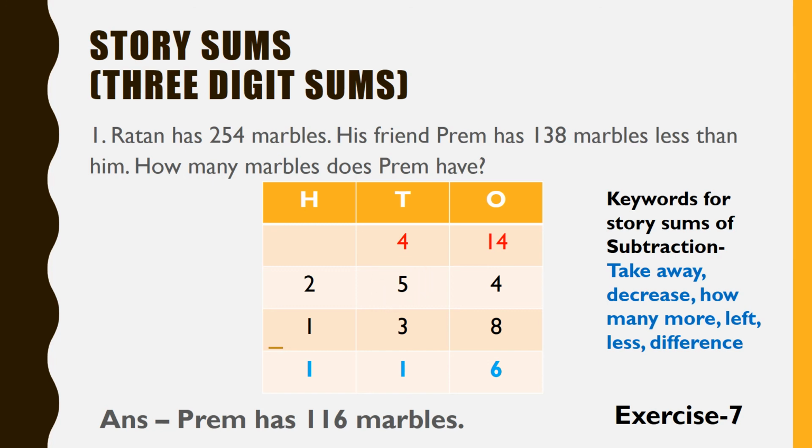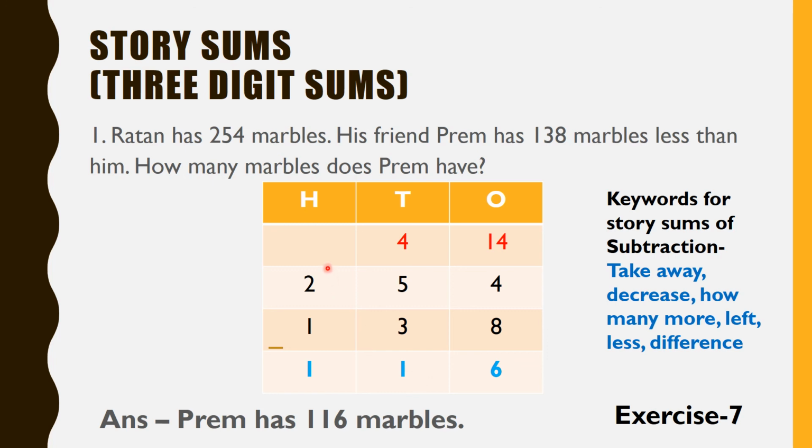Now again you know that 1 ten is 10 ones, right? So 10 ones and these 4 ones you have to put together, that will become 14 ones. Now from this 14 ones we can easily take away 8 ones, right? So 14 minus 8 will become 6. Now, since we borrowed 1 ten from the 5 tens, it will become 4 tens. Now, from this 4 tens, we can easily take away 3 tens. So, the answer will become 1 ten, right?